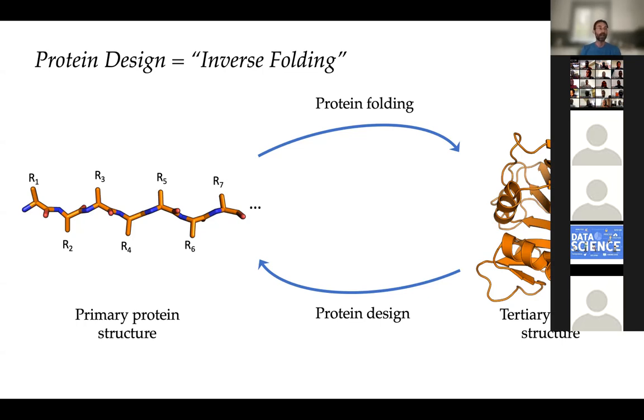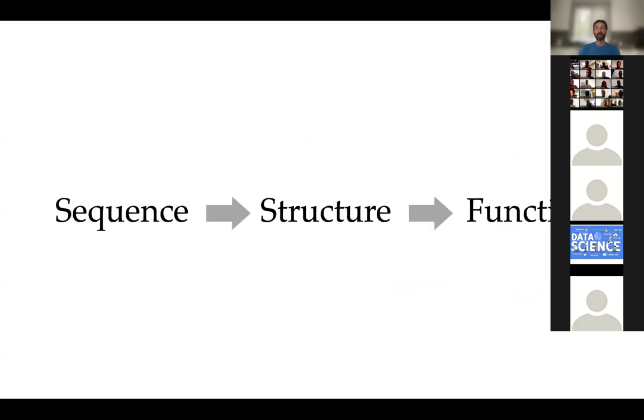to this structure. And in this case, methods such as AlphaFold are not immediately applicable because most of these proteins never existed in nature, so you cannot leverage the evolutionary history. So that's why you need to leverage something else. And maybe a simplified and naive way of thinking of proteins that you have, you start with a sequence of amino acids, and the conjecture is that the sequence entirely gives you the structure, and then the structure endows the protein with its function, for example, what it binds to.